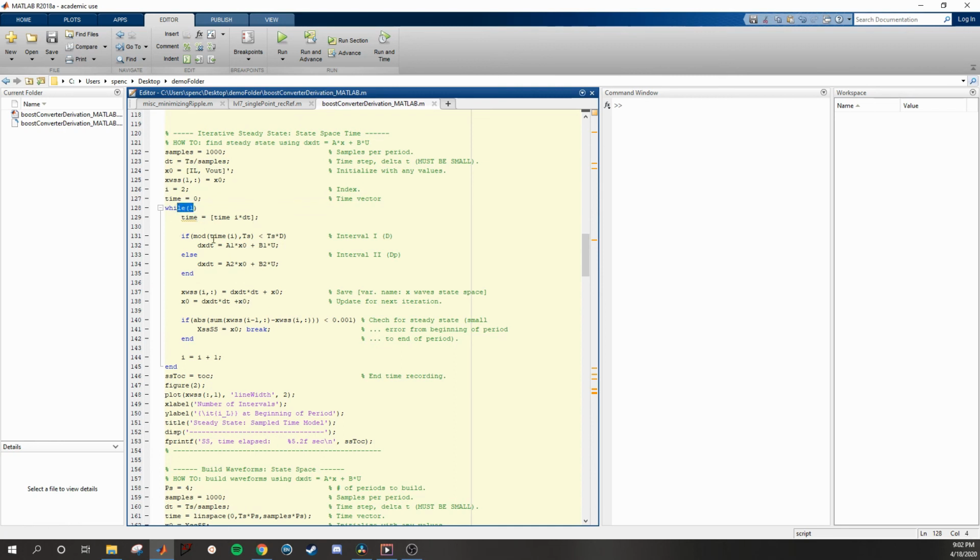And I'm just going to let this loop run until the state vector meets some error criteria, meaning it's in steady state. It starts and ends at the same point in the period. So the beginning of the period and the end of the period are roughly the same value. That means it's in steady state. And then I'm looking at the time, deciding which interval I'm in, and then evaluating the slope, and then using that linear projection to find the next point, etc. So this is not the best way to find steady state, but I'll run it and show you guys the